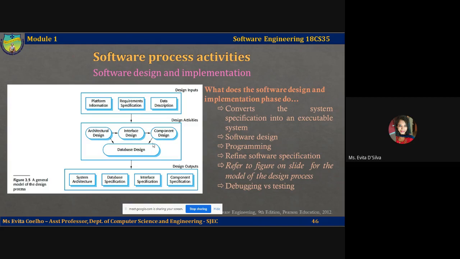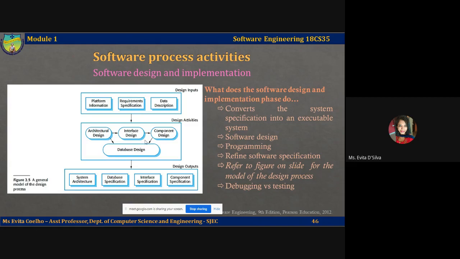So there are four design activities defined here: the architectural design, the interface design, the component design, and the database design. Again, all of these may not be a part of the design activities for your software. It depends on the kind of software you're going to produce. Let's take up each of these activities in detail. Architectural design. This is where you identify the overall structure of the system, the principal components, which are sometimes called subsystems or modules, the relationship between these modules or subsystems, and how they are placed and distributed. This comprises your overall high level view of the system, nothing but the system's architecture.